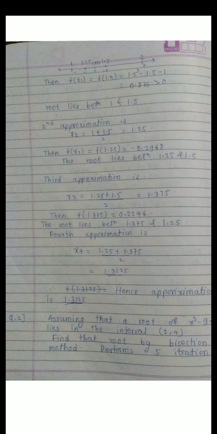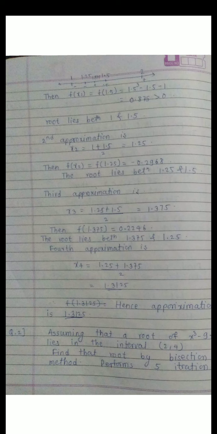Here if we replace x is equal to 1.375 in our given polynomial, we get the value 0.2246, which is positive, and the previous value is negative. We have seen that the previous value is negative and the next value is positive, and due to this our next approximation,